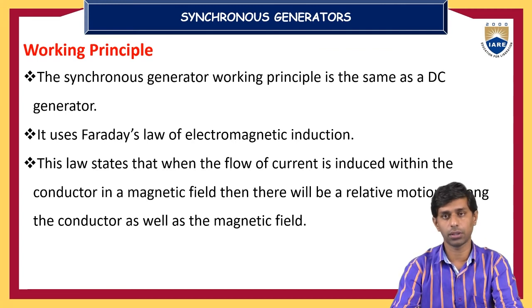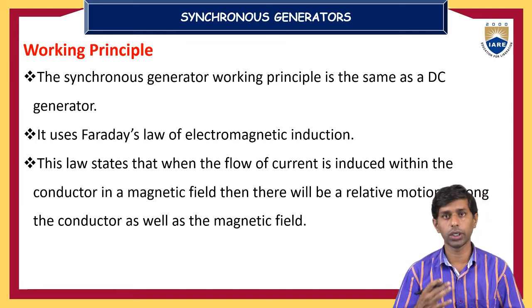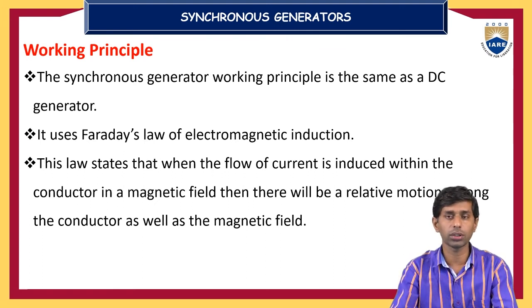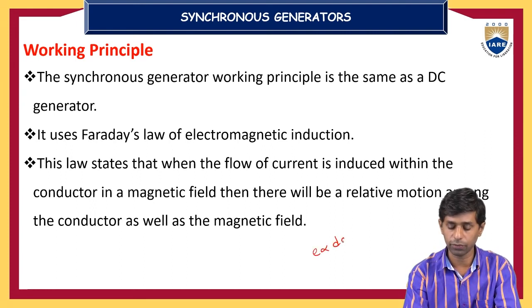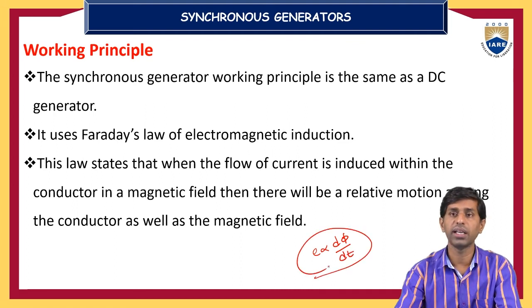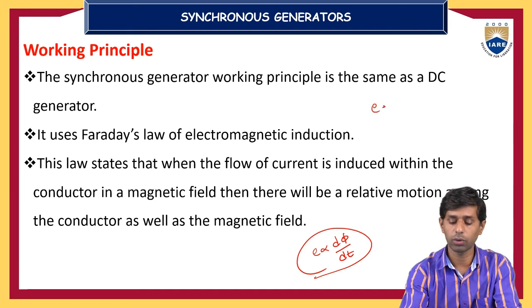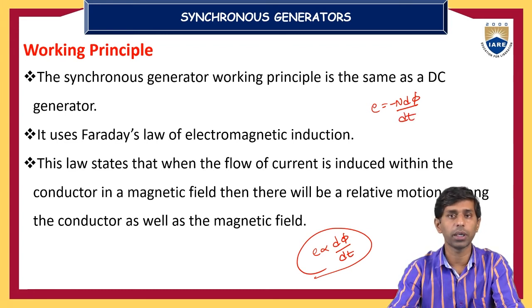It is on the stator slots. The magnetic field is rotating and keeps changing, while the armature conductor is stationary. According to Faraday's laws, the induced EMF is directly proportional to the rate of change of flux cut by the conductors, that is E is proportional to d phi by dt. The induced EMF magnitude is equal to minus N into d phi by dt, that is Faraday's second law.